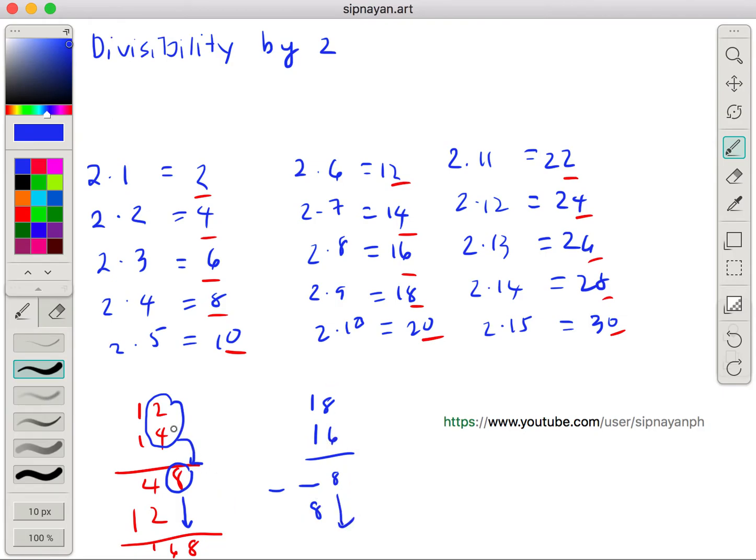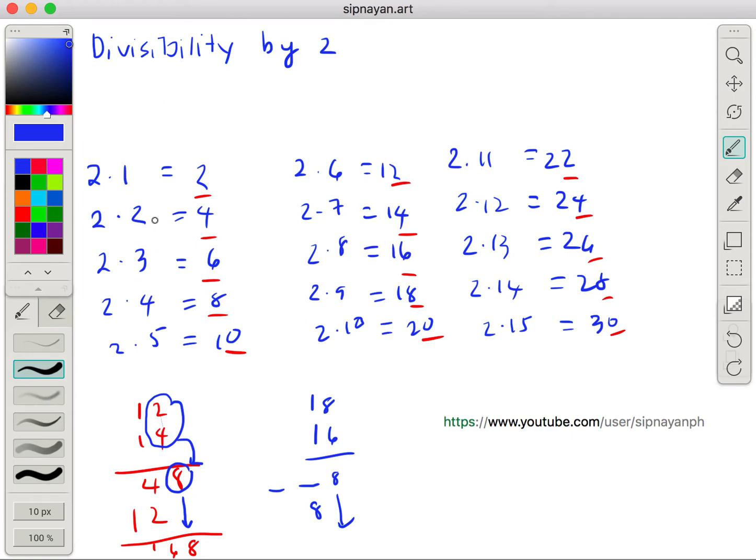Ibig sabihin, to test if the product of these two numbers is divisible by 2, is just to look at the product. No? Itong ones digit lang. Ito lang titignan natin, yung dalawang yan. Hindi natin kailangan itong mga ito kasi ang bababa dito ay yung product ng dalawang numbers. No? So, ang titignan lang natin ay ang units digit. And kung makikita natin dito